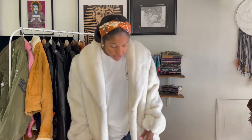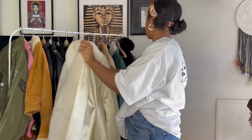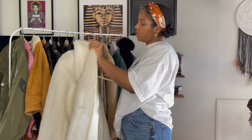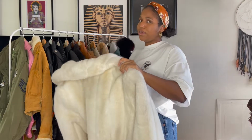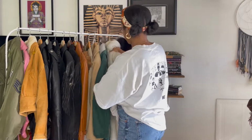And this comes down to my ankles, so this is definitely going to keep you warm in the winter time. I absolutely love this coat. I bought this one about 5 years ago now from a thrift store out here actually, and I think it was only 20 bucks,